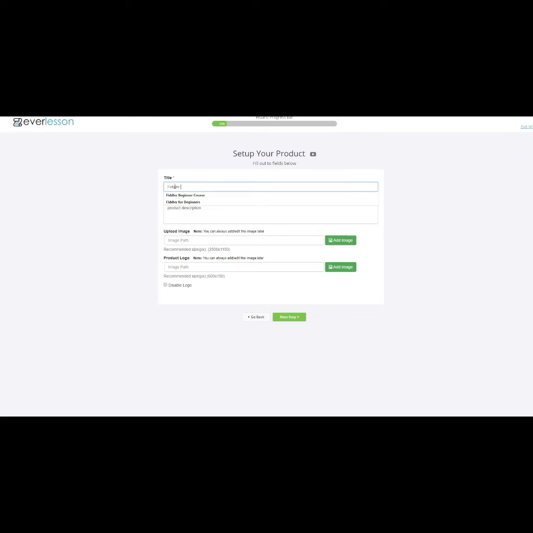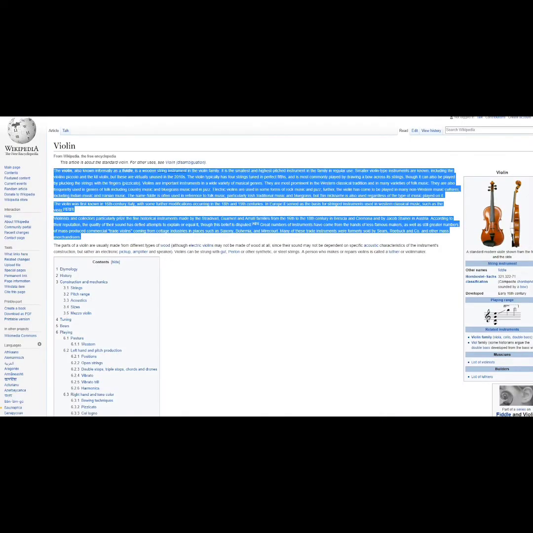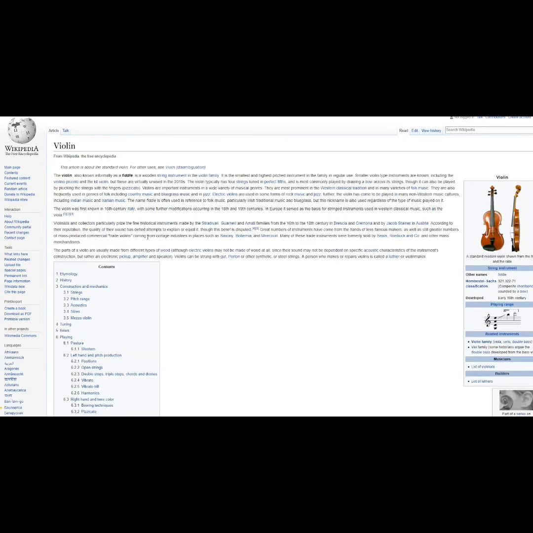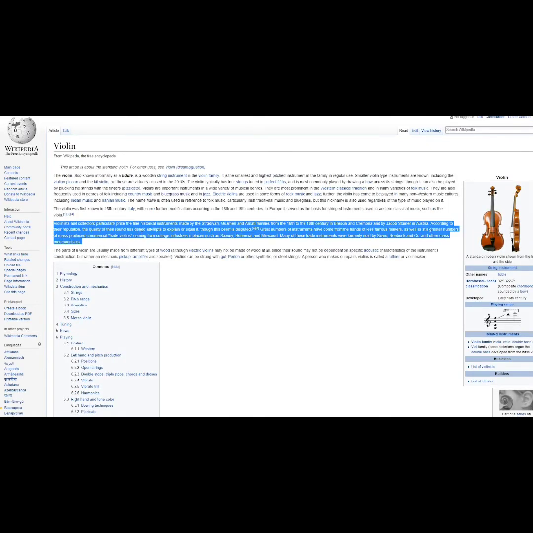Oops, see if I can spell. Probably want to be able to spell if you're going to do an online course. Let's see, description. In this course, we teach you the basics of playing the fiddle. And yeah, that's good there. I want it to look good when we get the finished product, but I don't feel like typing too much and making you listen to my keyboard. So let's come over here to Wikipedia, and I'm going to grab this paragraph here,